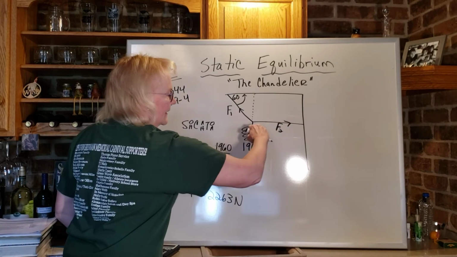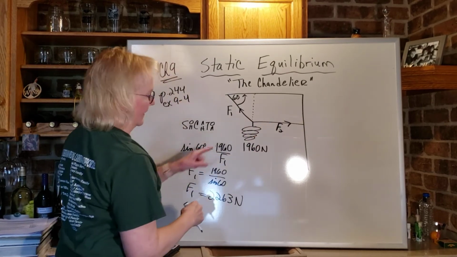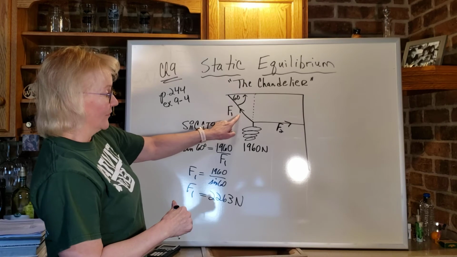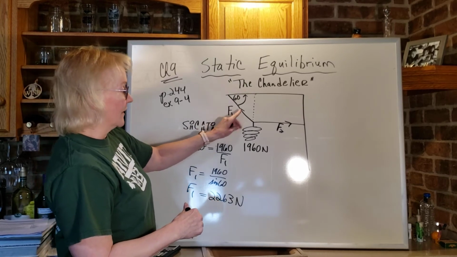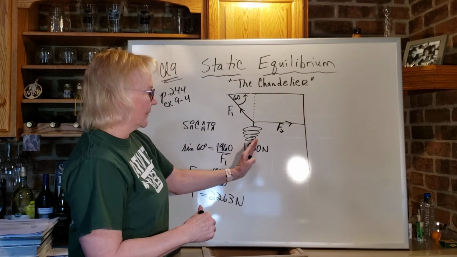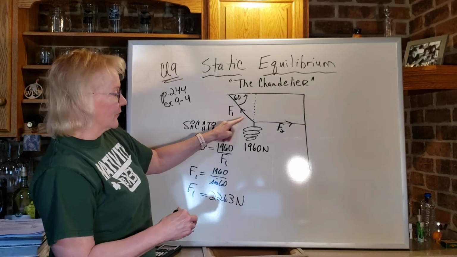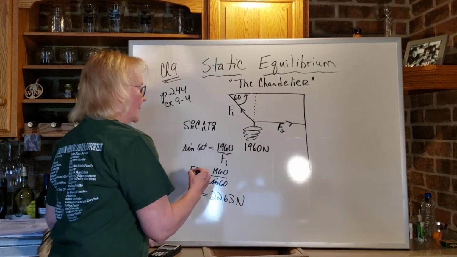How are we going to find force 2? Well, it's a horizontal force. Guess what's going to balance it out? The horizontal force of F1. The vertical component of F1 holds the chandelier up. The horizontal component of F1 balances this one out. So that's going to be